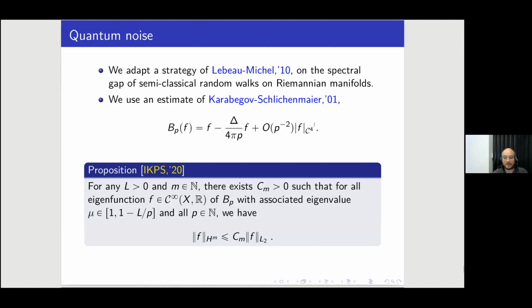But you can deal with it. Using their strategy, you can show that the first eigenvalues, in a window close to 1, starting from 1, so gamma 0, gamma 1, and so on, have first eigenfunctions whose Sobolev norm is controlled by their L2 norm. In particular, the C4 norm is controlled by the L2 norm. So for these eigenfunctions, you are able to estimate the eigenvalue, in particular the first few ones, in particular the first one. And this allows us to apply this to estimate eigenvalues.